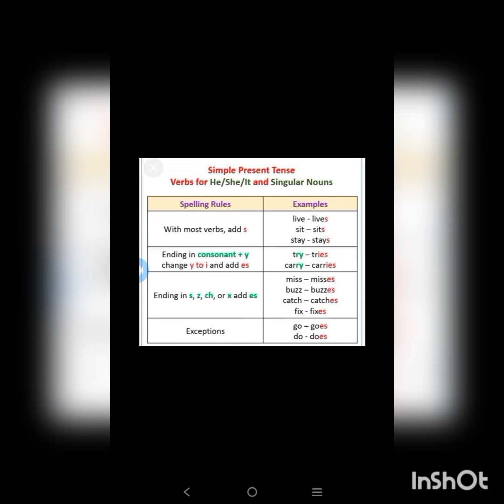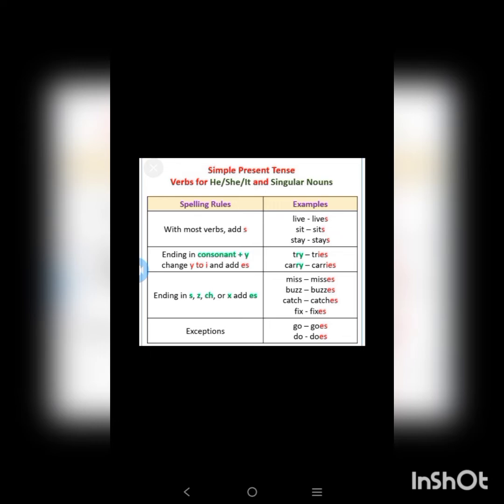So simple present tense is used to say an action that is happening right now, or to say about an action that happens regularly. And this simple present tense is formed by using the base form of the verb. Base form of the verb means the action word. So for forming a simple present tense we will use the base form of the verb, and also in some places we will add s or es to the verb. So do you know where we will add s or es to the verb?